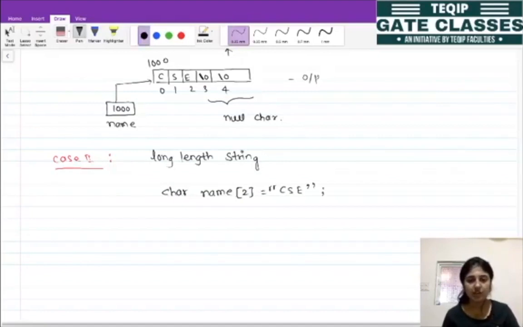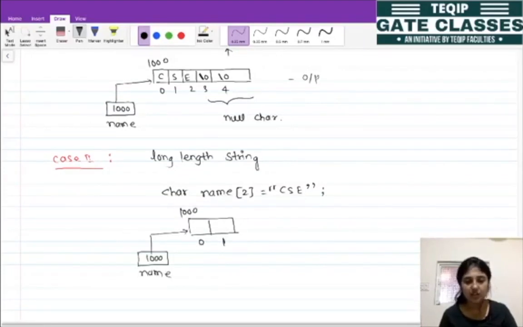तो in this case अब array का actual size क्या है, 2 ब्लॉक है, right? And this is our first, this is the second block, and let's say the initial address is 1000. This name variable is going to hold this base address, right? Now this C and ये C क्या हो जाएगा, असाइन हो जाएगा. ये जो रिमेनिंग है, जो E था एंड स्लैश था, सो रेस्ट पार्ट जो है वो क्या हो जाएगा, ट्रंकेट हो जाएगा